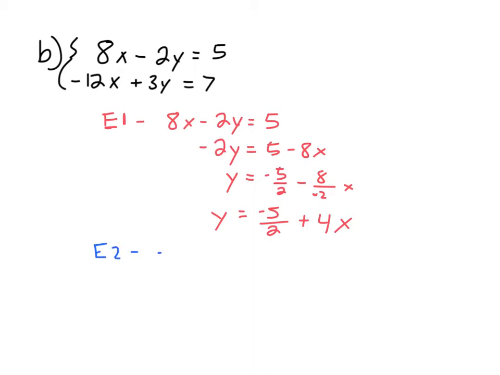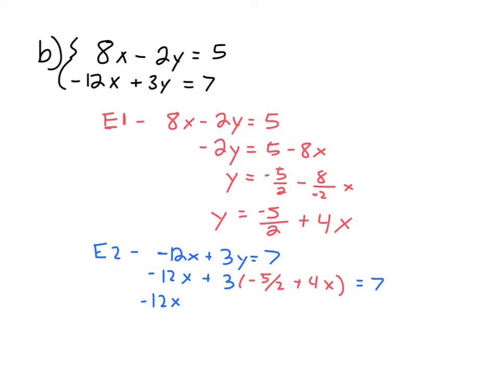So the second equation is negative 12x plus 3y equals 7. So negative 12x plus 3 times, now that I found what y is, 5 halves plus 4x, and then equals 7. So now I just need to solve for x. I'll have negative 12x plus, I'm going to distribute the 3, so negative 15 halves plus